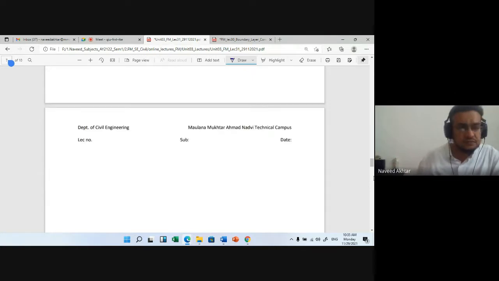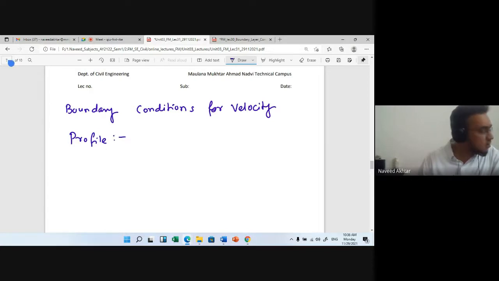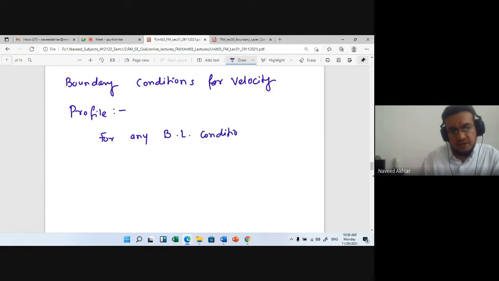So write down the boundary condition for velocity profile. Okay. So you can write down these boundary conditions: the boundary condition for any boundary layer problem, or you may write directly for any boundary layer problem,